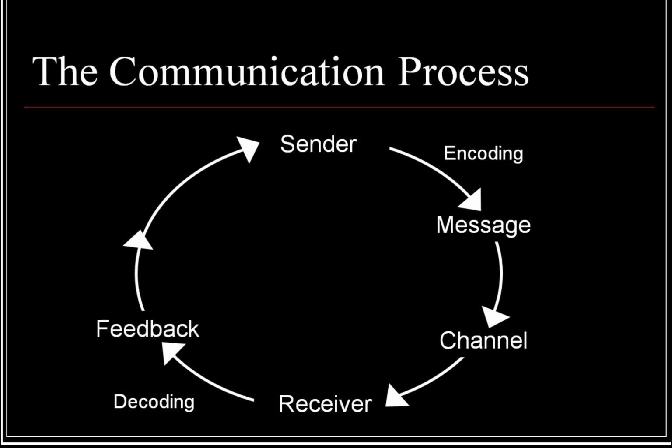Well, not exactly. The question I would say is, how do we know that the receiver has received the same exact message that the sender intended to send, so that the encoding that the sender has is equal to or equivalent to the decoding that the receiver has? And the only way we know that is through feedback. So in this mechanism, the receiver is sending back a message to the sender, informing them that, hey, I got what you said and here's how I understand it to be.